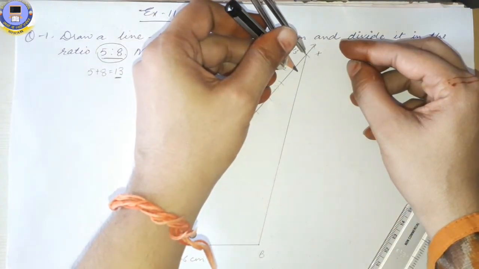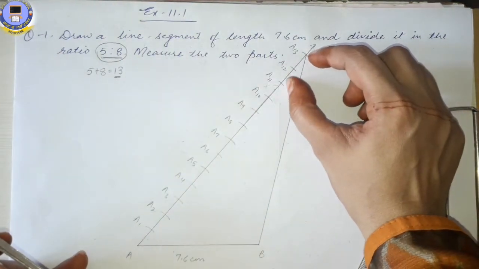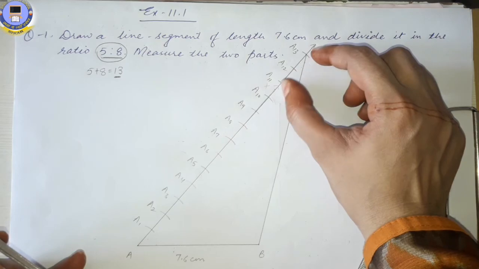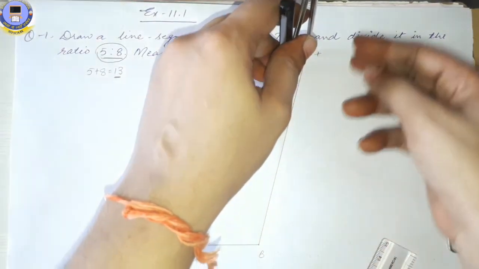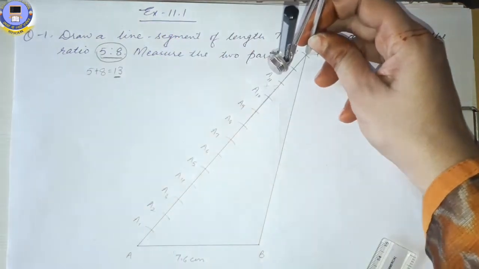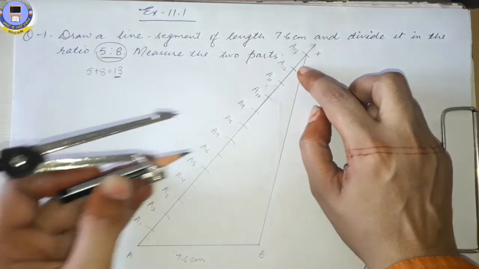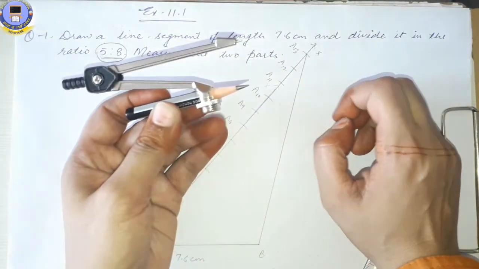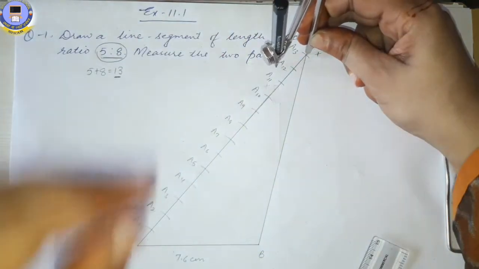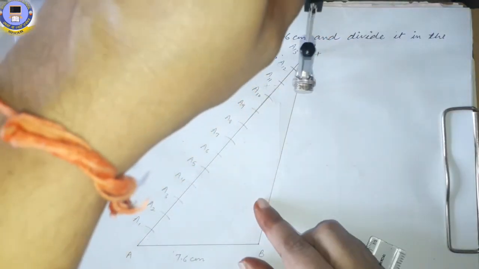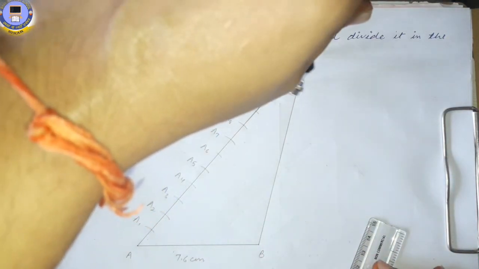Taking A13 as center and compass, you can open it more than this arc or less than this arc, or you can keep it as it is. It's up to you. So I have taken A13 as center and I have opened my compass a bit more because this angle is very small. We will not be able to measure it with the help of compass. So I have opened it a bit more, taking A13 as center and radius as you wish. As you wish means a normal radius, not a very big one. I have cut an arc.